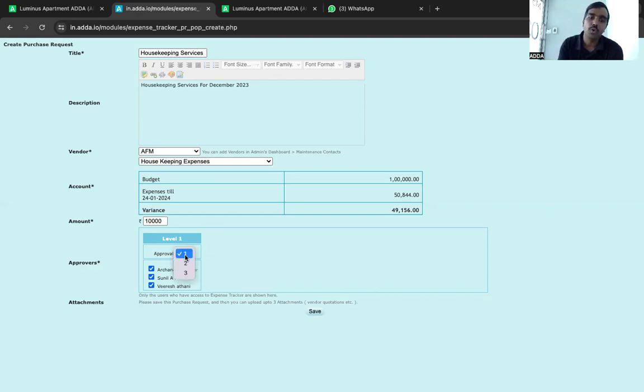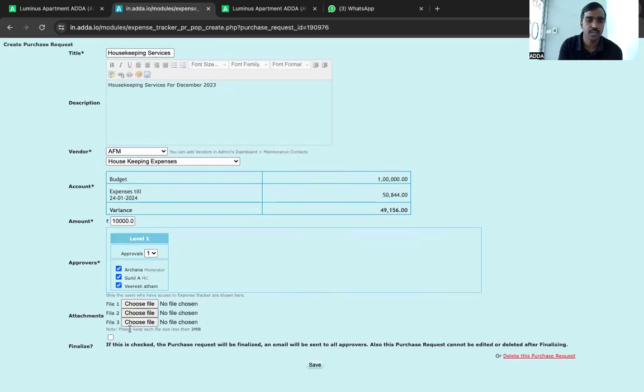Now, how many approvals would I require? Let's assume I don't want level two, level three, but I want to list down every board member at level one, but I want 2 out of 5 or 3 out of 7. Then I put, I want 2 out of 3, right? Or 3 out of 3, like that. So I choose only one and I save. As soon as I save, it asks me one more